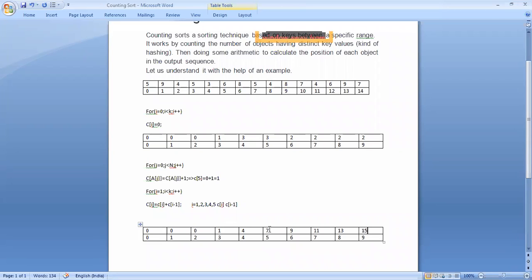If you count the total, what is the number here? 7. And you can say here index 15, and the total number of elements is counted till 9. Okay, 0 to 9. So here the total number is 9, less than 9, 8, 7, 6, in total 15 elements here. We have counted this here.